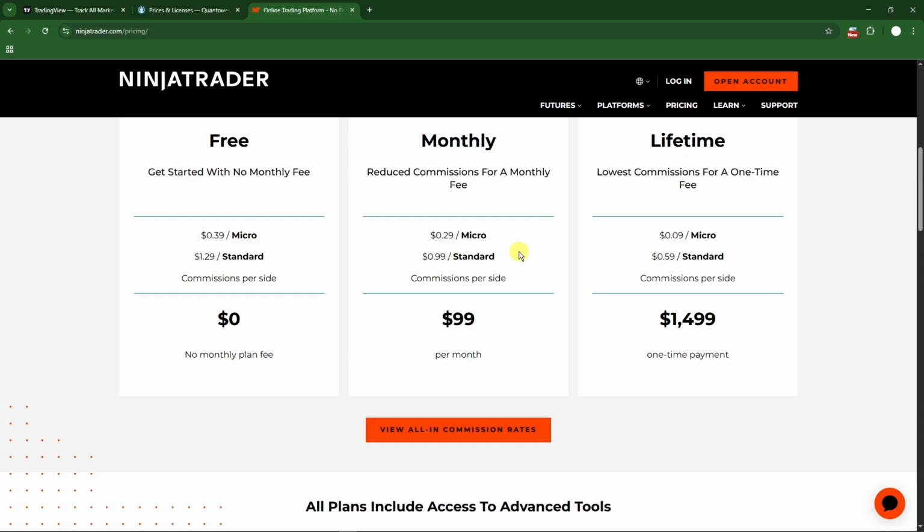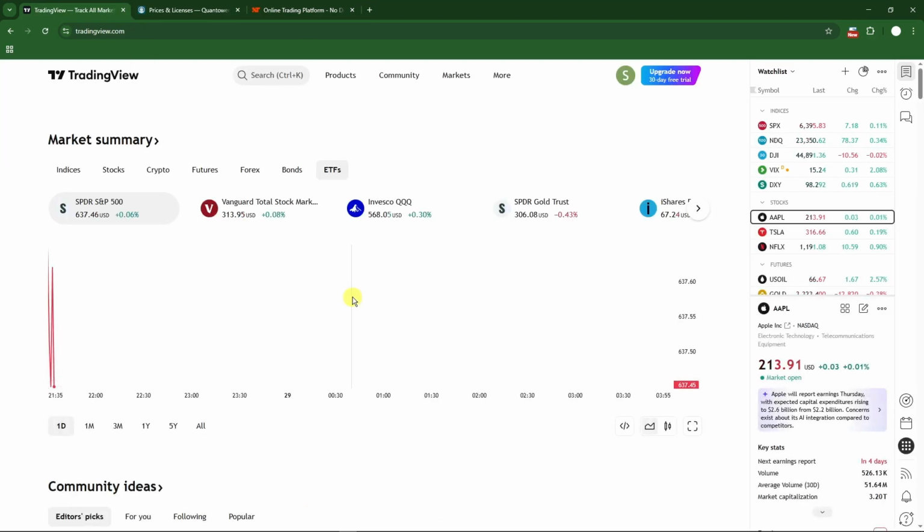Now let's have a full, complete comparison for the last part. Best use case. TradingView is perfect if you're a retail trader, crypto investor, or beginner. Great charts, community scripts, and ease of access, especially if you don't need